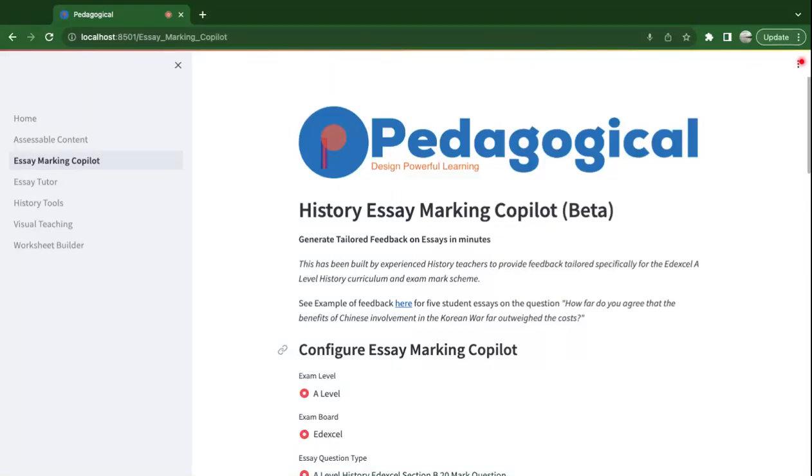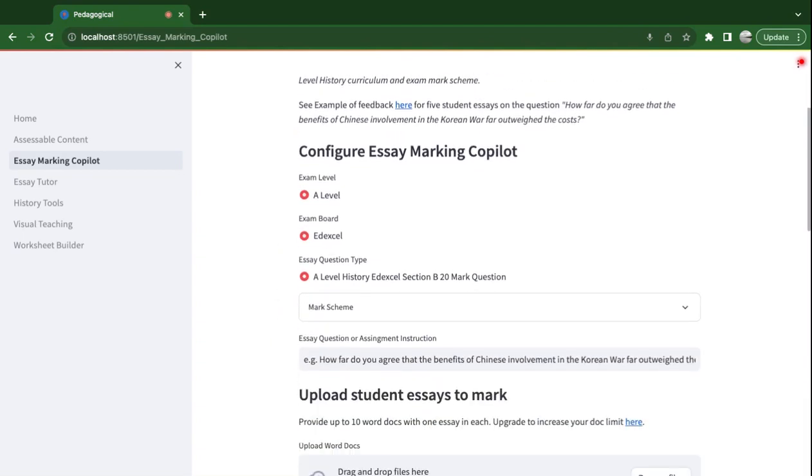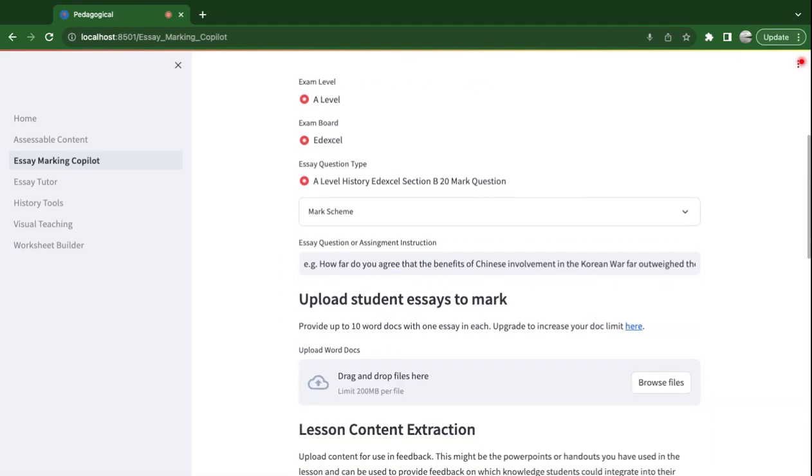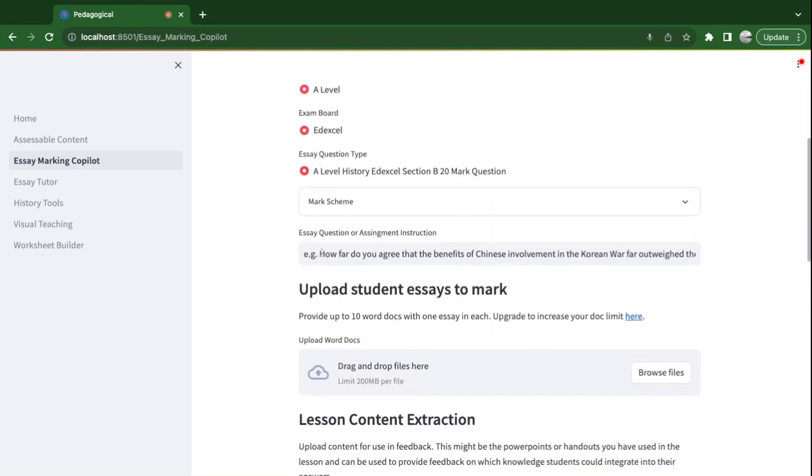The history essay marking Copilot feature has been designed by Pedagogical to help A-level Edexcel history teachers provide tailored feedback to their students. At the moment, it only works for those who teach Edexcel A-level history, and for the Section B 20 mark questions. So first, if I wanted to use this to provide some feedback for my students,